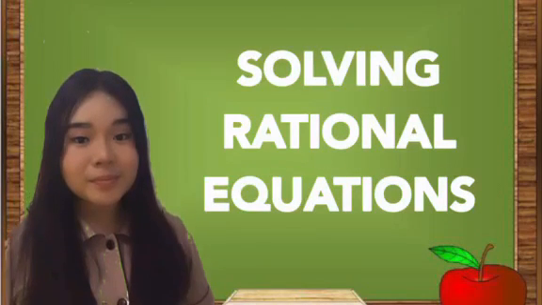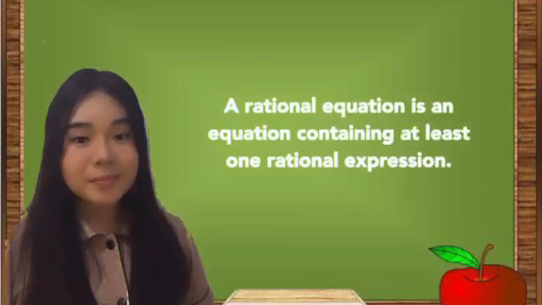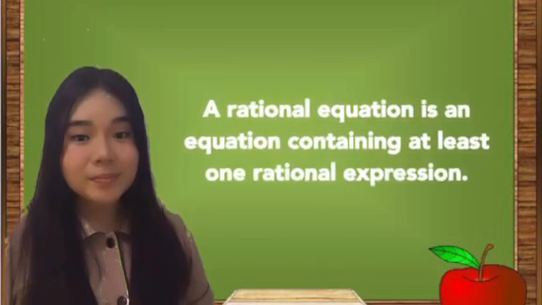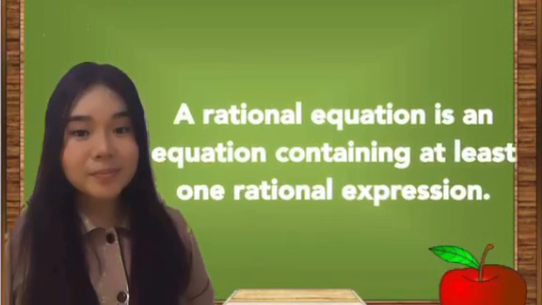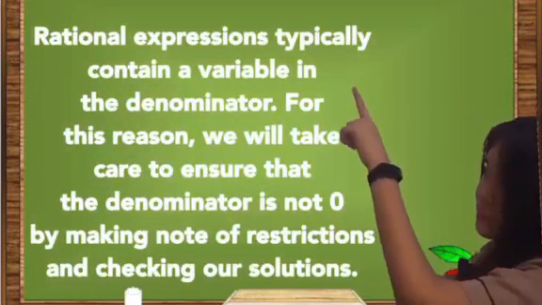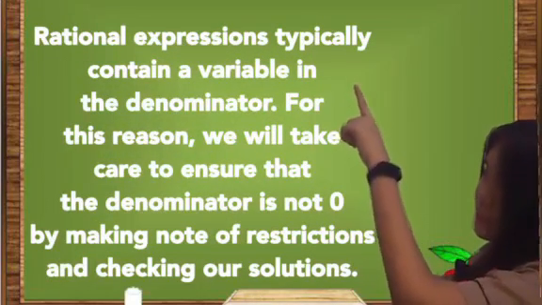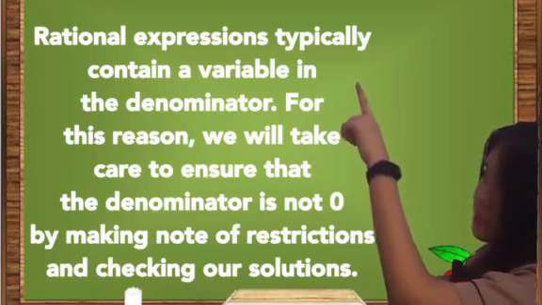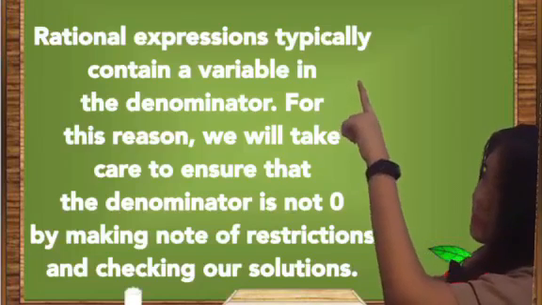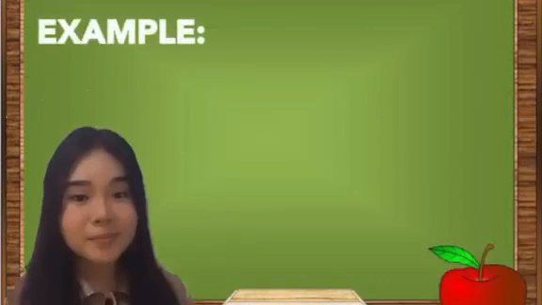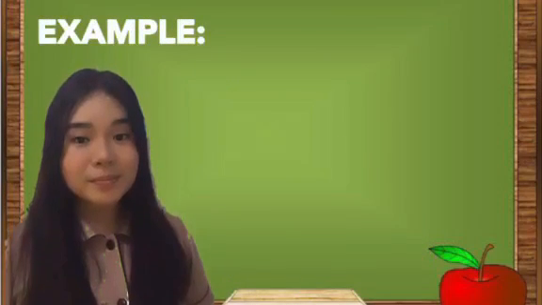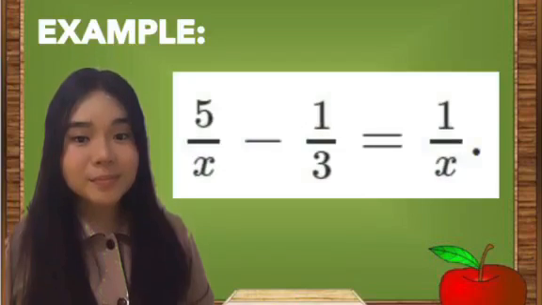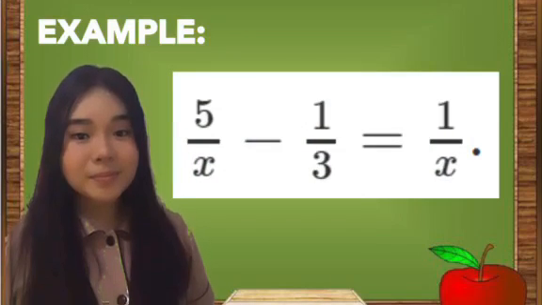But what are rational equations? A rational equation is an equation containing at least one rational expression. Rational expressions typically contain a variable in the denominator. For this reason, we will take care to ensure that the denominator is not 0 by making note of restrictions and checking our solutions. For example, we have a rational equation 5 over x minus 1 over 3 equals 1